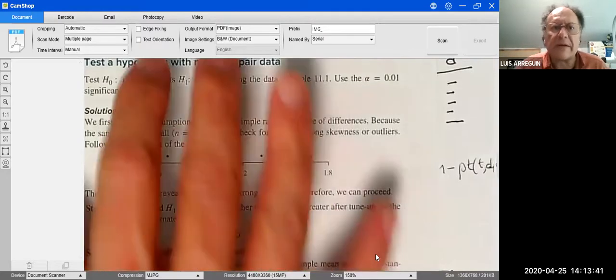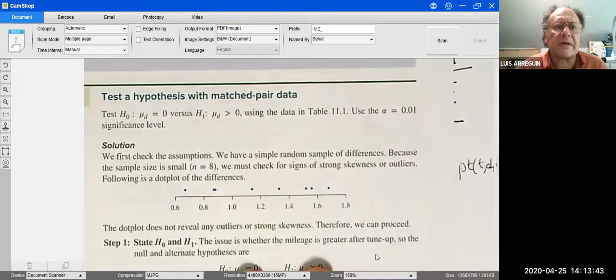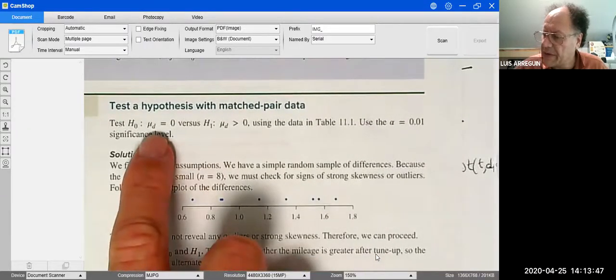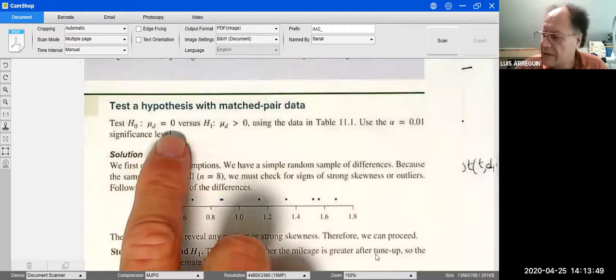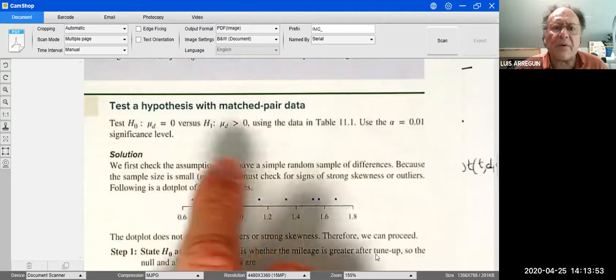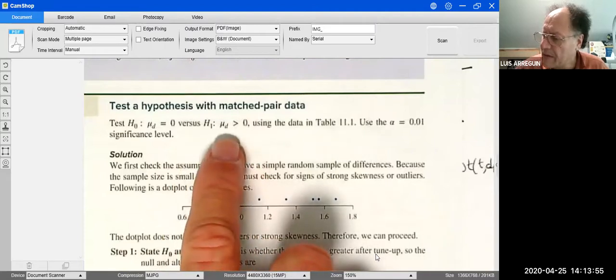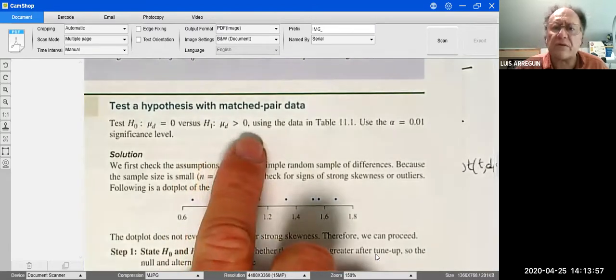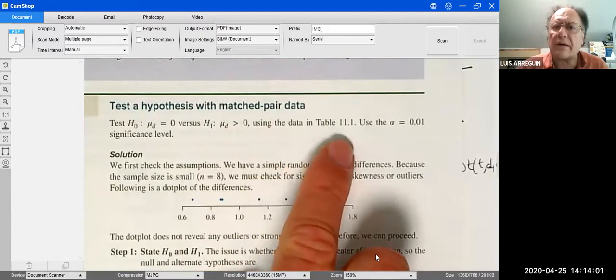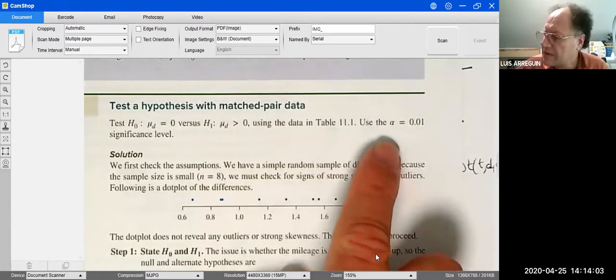The problem is that we're going to test the null where the mean of the differences is 0 versus the alternative hypothesis where the mean of the differences is greater than 0. To do that, we're going to use the data in table 11.1, and we're going to use a significance level of